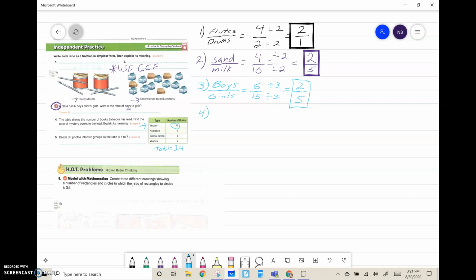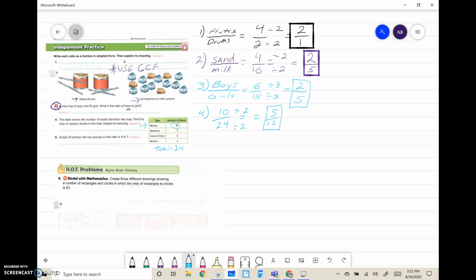So number 4, we're looking at the ratio or fraction of 10 over 24. Now, as far as this goes, 10 and 24 don't really have too many factors in common, so their GCF is going to be a 2. So we'll divide the numerator and denominator by 2, and we end up with 5 over 12